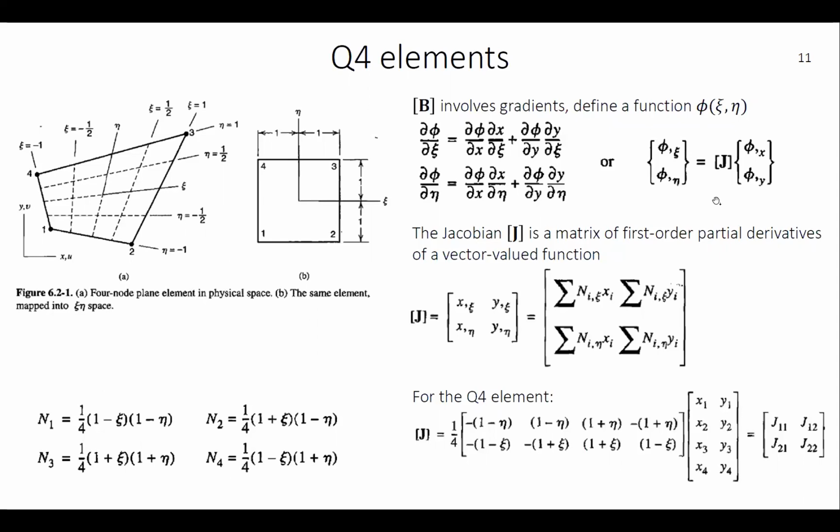And by definition, the Jacobian is a matrix of first order partial derivatives of a vector valued function, which can be written like this. So differentiate x with respect to xi, y with respect to xi, and the same with eta,